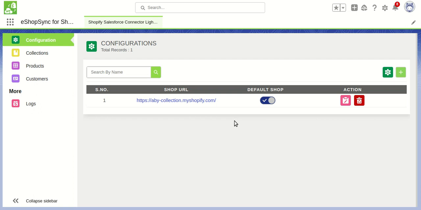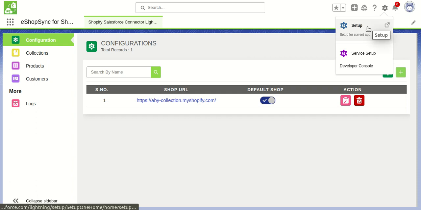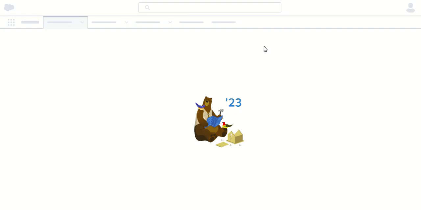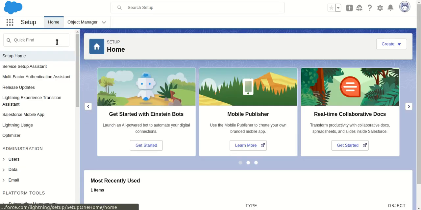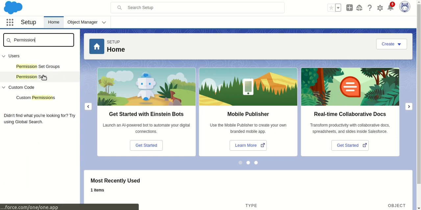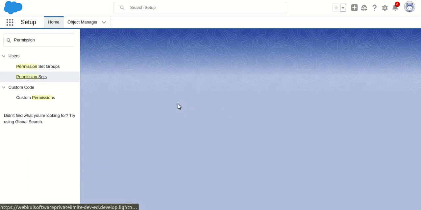Salesforce. So let's move on forward, and first we will be going to assign the permission set to the Salesforce user. So for that, I will go to the Salesforce setup here, and in the setup, once we see the quick find box here, we will type permission sets. Perfect. Now I'm going to click on permission sets,